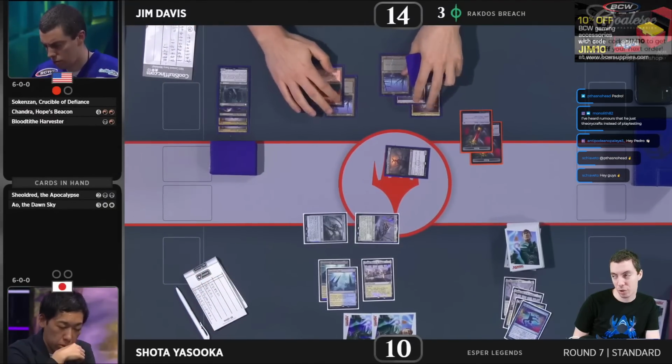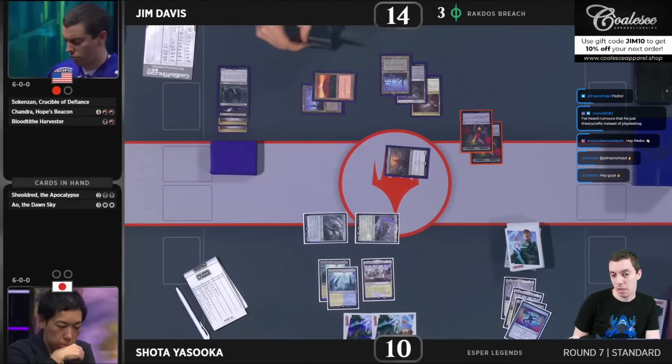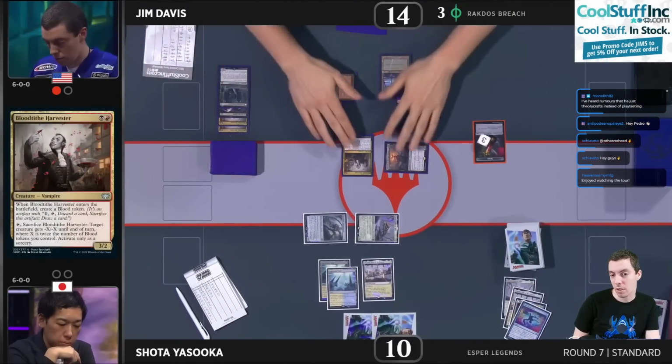Don't want to let your opponent cast a spell that they couldn't normally cast. So just play Harvester and say go here. Doing totally fine with Shieldred, so not really in a huge rush. Eventually, at some point, Shota will have to tap out here, and